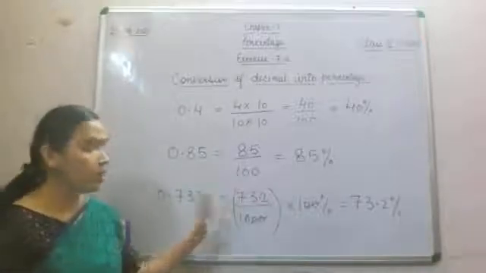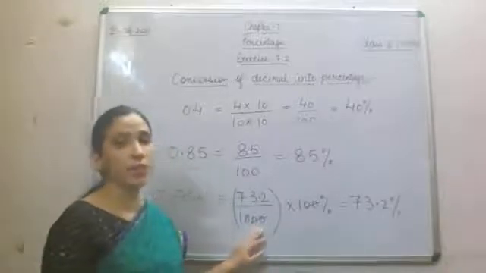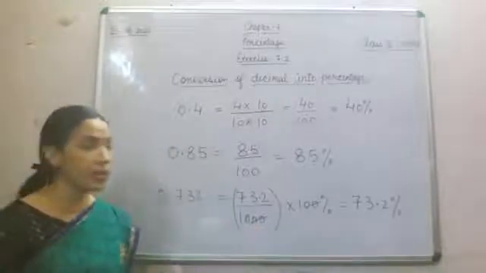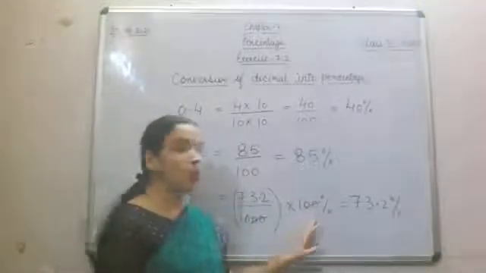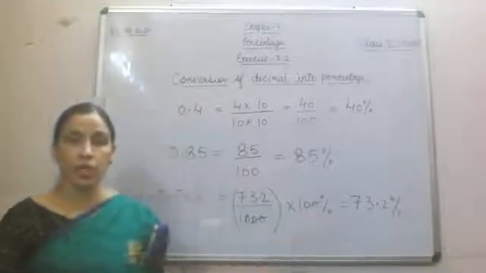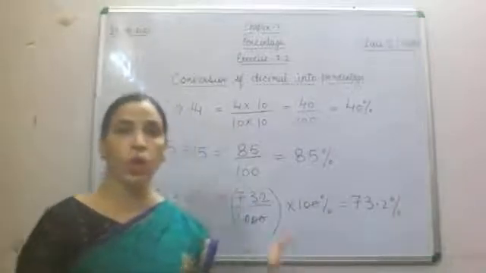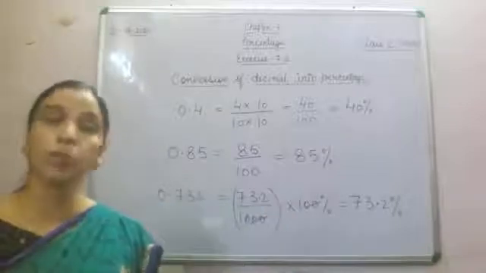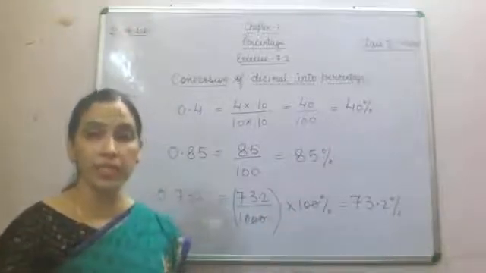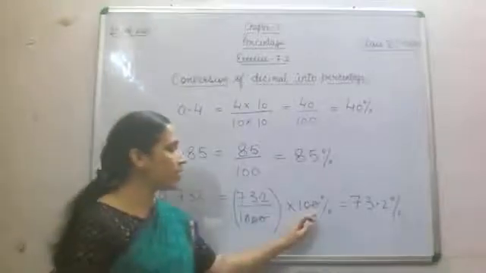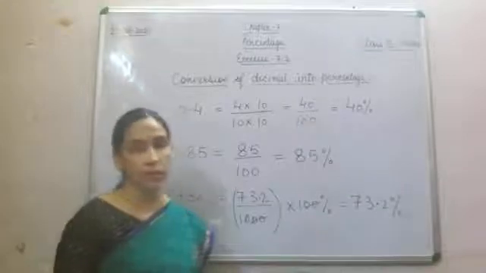You are going to see such kinds of questions also, where 3 places of decimal were there. If you remove the decimal, you will have 1000 in the denominator, which you don't require. You require only 100 in the denominator. So what will we do? This is another method of changing a given decimal into a fraction, or fraction into percentage. This is another method which we have seen yesterday. So we'll write here 100 and then we will write it in decimal form.